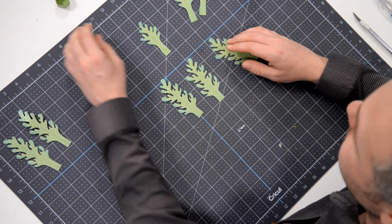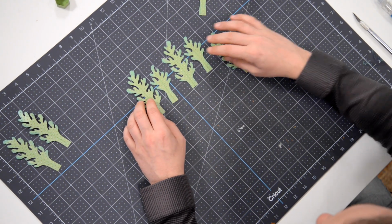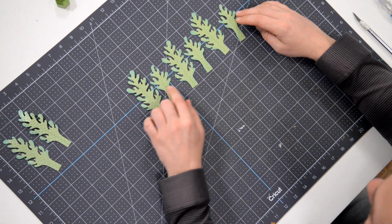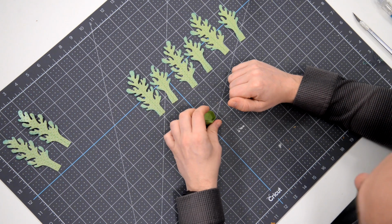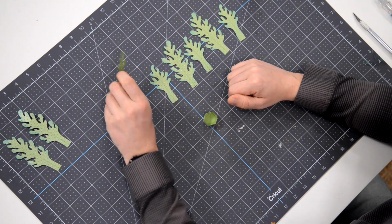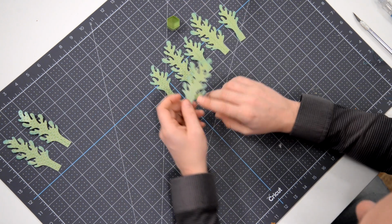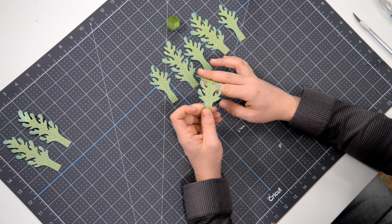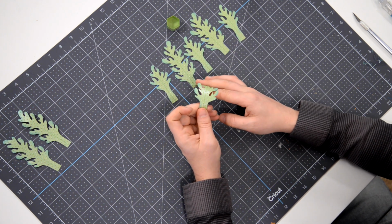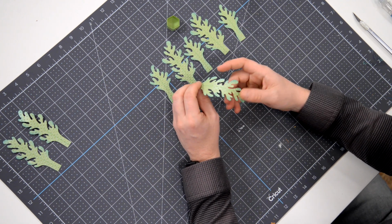And what we're going to do is alternate these. Large, small, large, small, large, small, large, small, large, small, yep, or small, large, doesn't matter. Okay, and now because all of the interesting aspects of this leaf are here, I want to make sure that when we train this, we train it down this way so that once it droops over, because as many of you know, when you get carrots